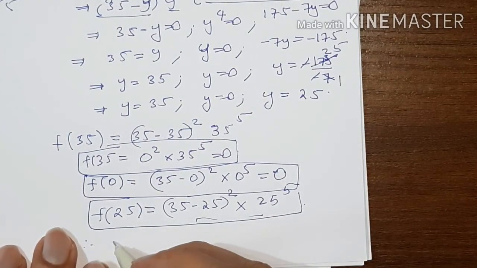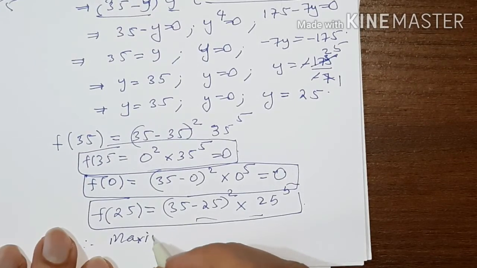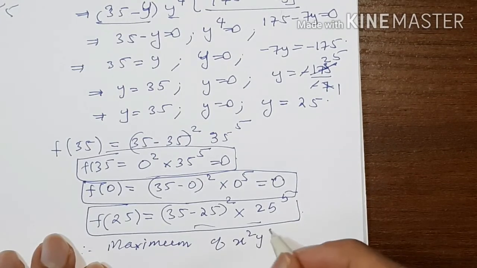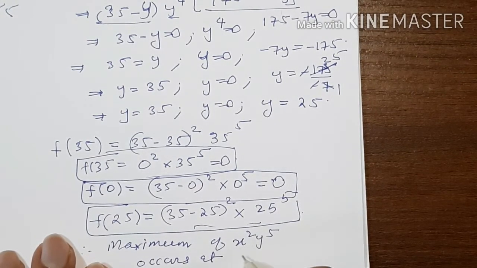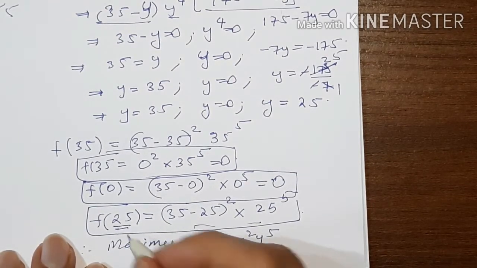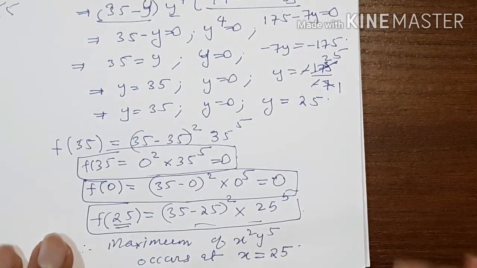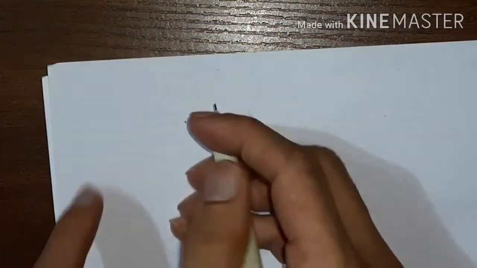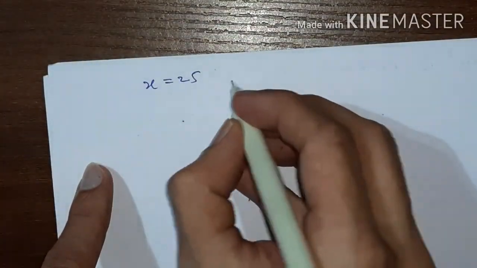So therefore the maximum of x square y raised to 5 occurs at what? Occurs at x equal to 25, right? The maximum of x square y raised to 5 occurs at x equal to 25. So that means x is 25 and y will be what? Let us see. x is 25 and y is,